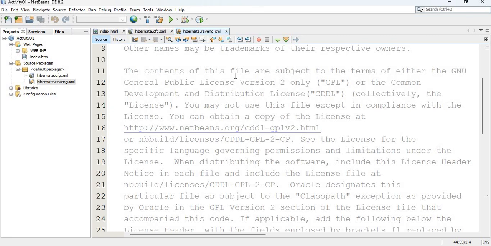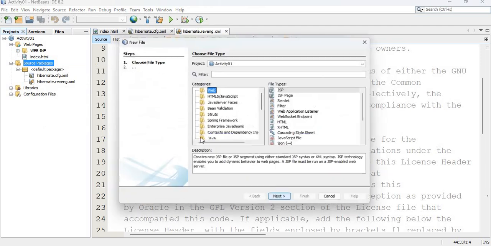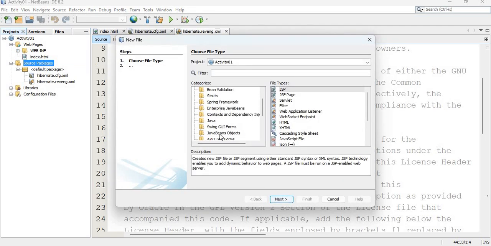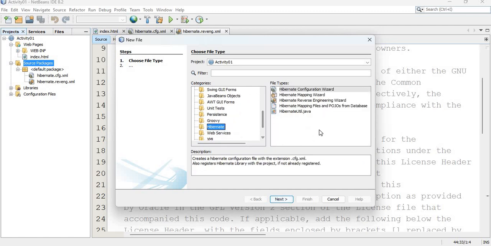So in here, if you can design your database, or create your database correctly, then you can create these classes automatically through this NetBeans wizard. So now I'm going to create that entity class. Here you can go to New and then Other, and here you can select Hibernate, and from here select the Hibernate Mapping Files and POJOs from Database option. Then you can go next,